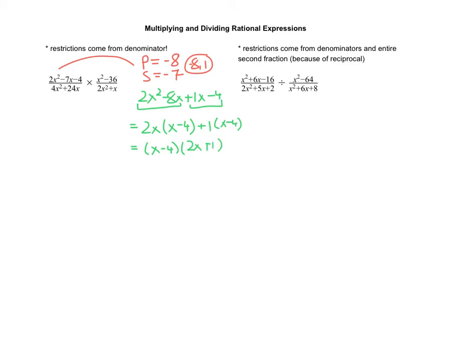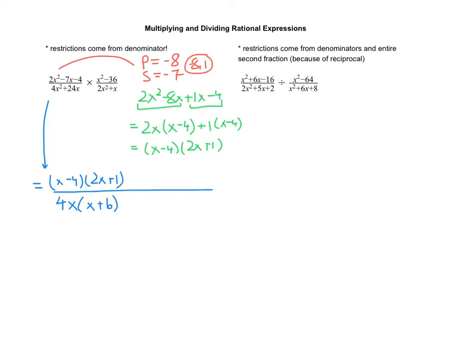So now let's write that in our first rational expression. For the numerator, I will write x minus 4 and 2x plus 1. And for the denominator of my first fraction, I have a common factor, and that common factor is a 4x, and I'm left with x plus 6. Now notice I did just create one very long fraction, and that's because when I multiply the second rational expression, the numerator is just going to stay in the numerator with the first rational expression and the denominator with the